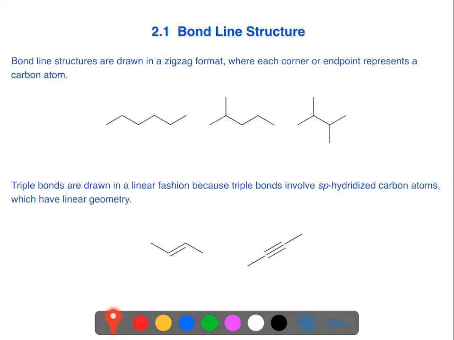You can see below that double and triple bonds are shown by a second line between the two points in which that carbon double bond exists. And triple bonds are shown in a similar fashion, where we have 1, 2, 3 lines